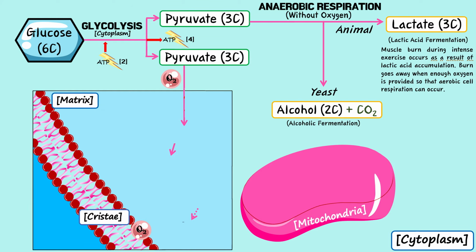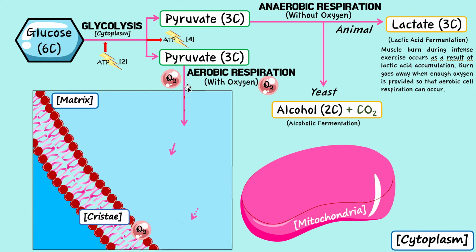Now, let's go into the next part. So that was what happened. So let's recap. We got glucose. In the cytoplasm, it can go through glycolysis, where it gets split into 2 pyruvates. Pyruvate can either undergo anaerobic respiration if the oxygen is very low, or it can go through aerobic respiration. So this is when oxygen is present, when oxygen is in sufficient supply. Okay, and we'll see exactly why oxygen really matters later.